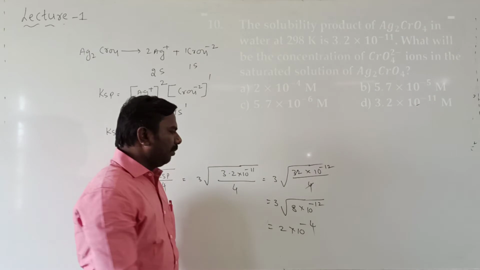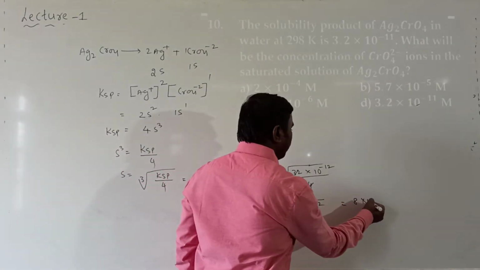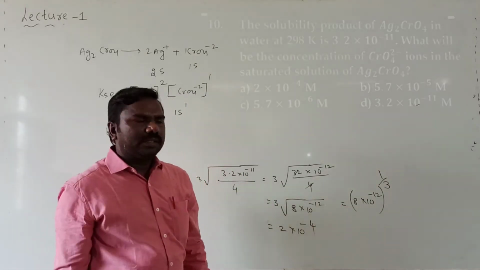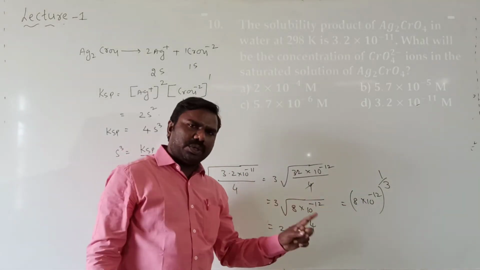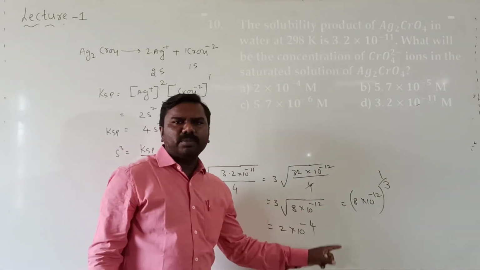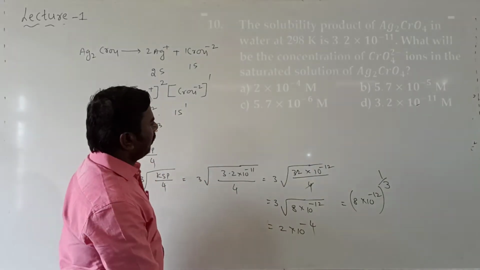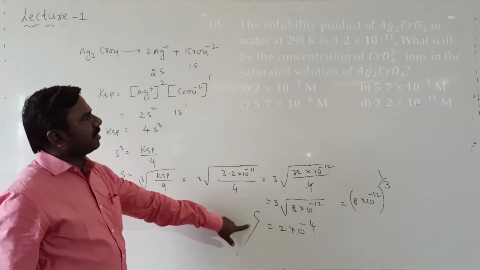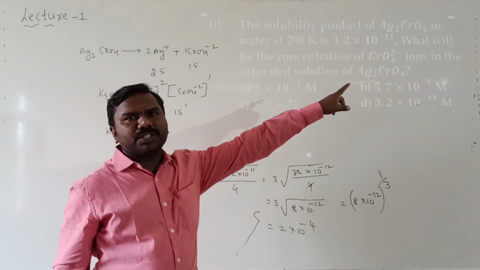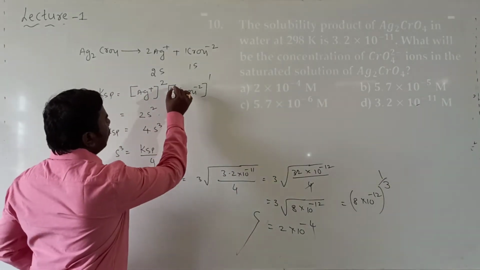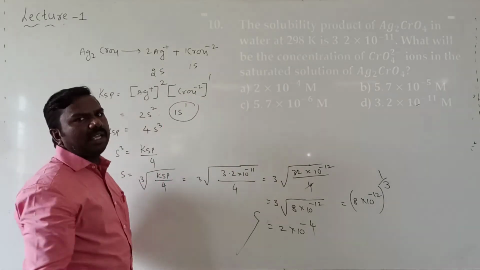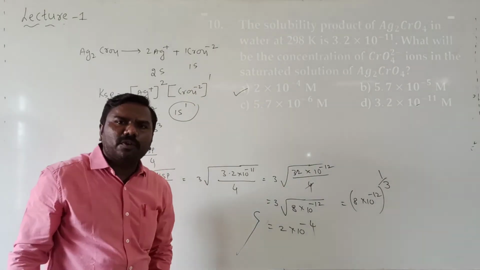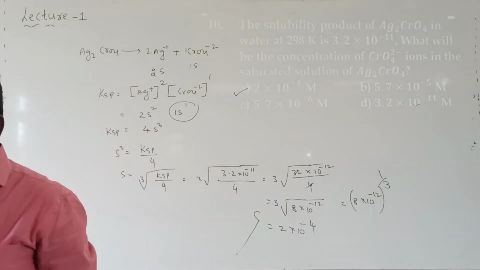Clear? Or it can also be written as 8 into 10 to the power of minus 12 whole power 1 by 3, so the cube root of 2 into 2 into 2, and 10 to the power minus 4 into minus 4 into minus 4. Then the answer will be this solubility. Solubility indicates what? The concentration of chromate ion. This concentration is indicated by solubility. Answer will be 2 into 10 to the power of minus 4 molar. Next,